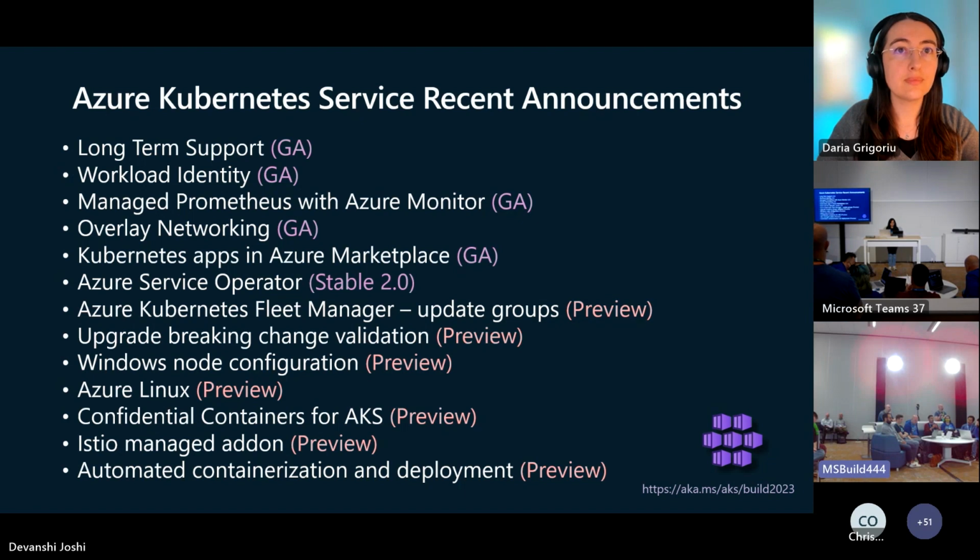Continuing there, we did a number of features and additional capabilities for upgrades themselves. And a key one is the breaking change validations. So for all of you using Kubernetes, you might know that as you move from version to version, some things get deprecated and removed from the Kubernetes API. So we actually launched a feature from 1.26 onwards that actually checks not only for the components you have in